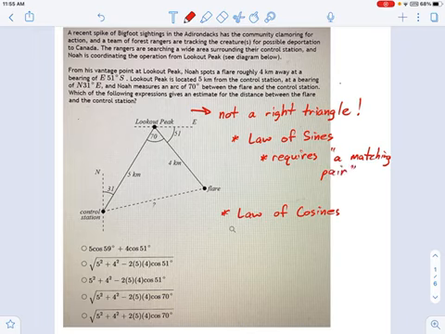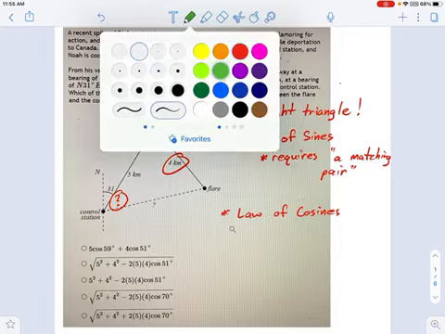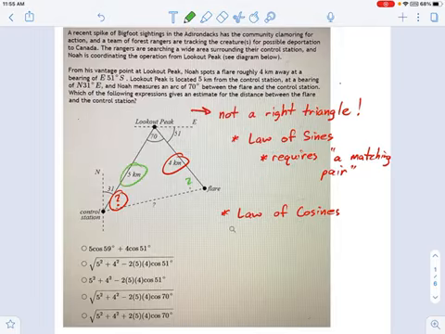In other words, if you have a matching pair of angles and sides, you can use the law of sines. We don't in this problem. Take a look. I know this side right here, but I don't know this angle. And I know this side over here, but I don't know this angle. And I do know this angle, that's nice, but I don't know that side. So I don't have a pair of an angle and the opposite side that I can use. That means we are not using the law of sines. I'm not going to describe how we would use the law of sines because this is not a law of sines problem. There will be other examples where you have to work through something like that.